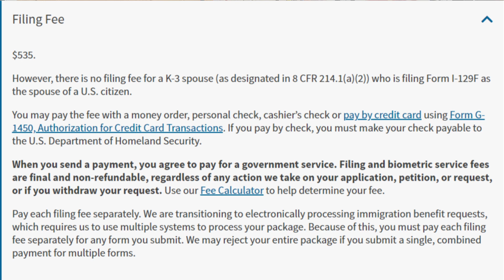The form itself, the form I-129F, right now, where's the thing? It costs, as of February 2024, it's February 1st today, I'm filming this. As of February 2024, it costs 535 US dollars to file this petition. 535 US dollars. Of course, you always want to make sure that you're checking the website because that could change